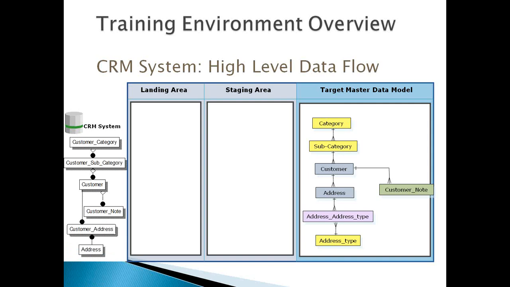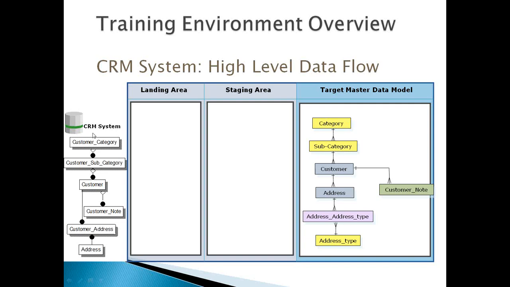So here we will be talking about the high-level data flow. We have already talked about it. Now in this slide, we will be discussing the naming conventions that we give to the tables. As we discussed, there are three tables: the landing table, the staging table, and the final table, which is called a base object. So what are the naming conventions that we usually give? That we'll be discussing now.